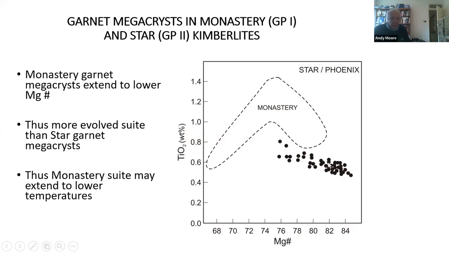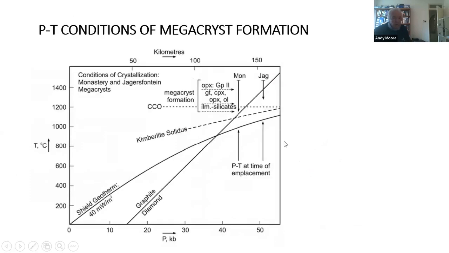These are garnet megacrysts from Star, which is a group 2 kimberlite. They show a much more restricted range, which doesn't get down to the same iron-rich composition. So we suggest this is indicating, for some other reason not understood, that crystallization didn't extend over the same temperature range. So we suggest that in the group 1 kimberlites, relatively extensive megacrystallization takes you into the diamond stability field,